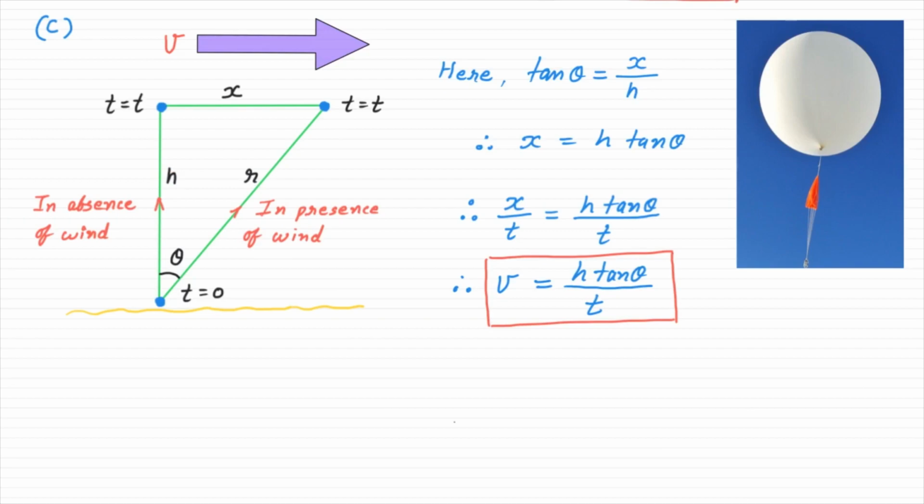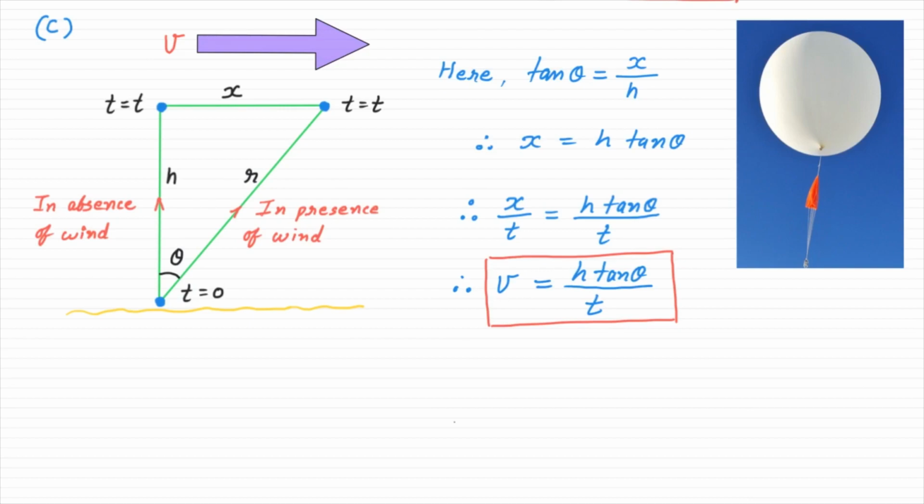That height h will be equal to the length of the string you have released. So at the same time you can measure height and time. Now when the wind is blowing, in the presence of wind, the string will be slanted crosswise. So you have to estimate this angle theta from the cross string, and that theta you can utilize in this equation. From that you can measure the speed.